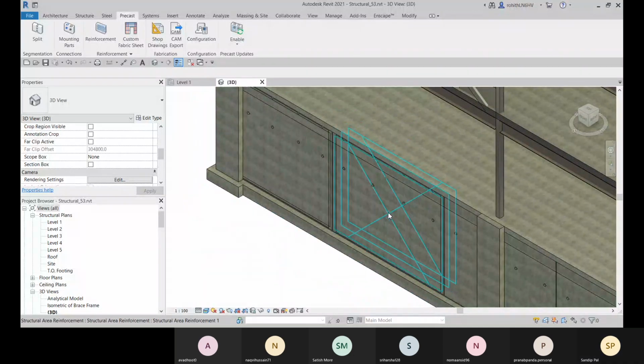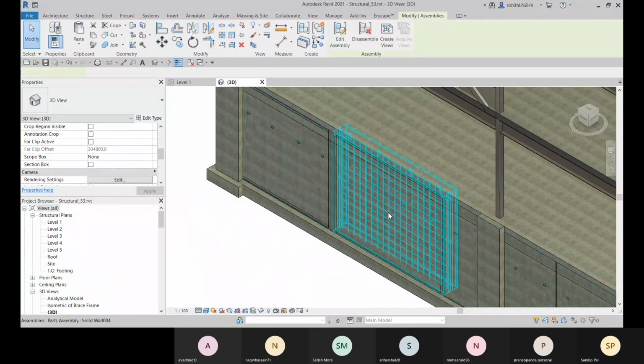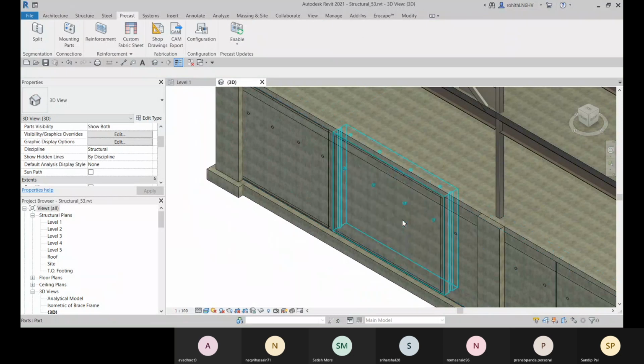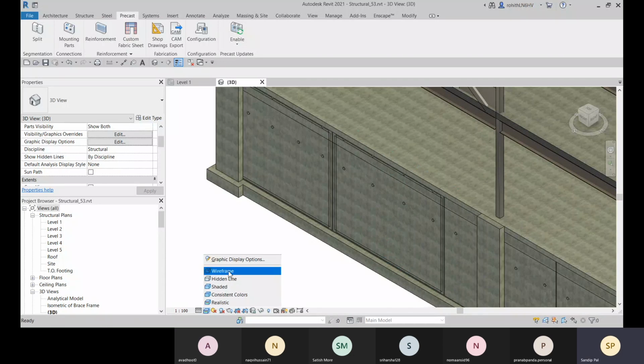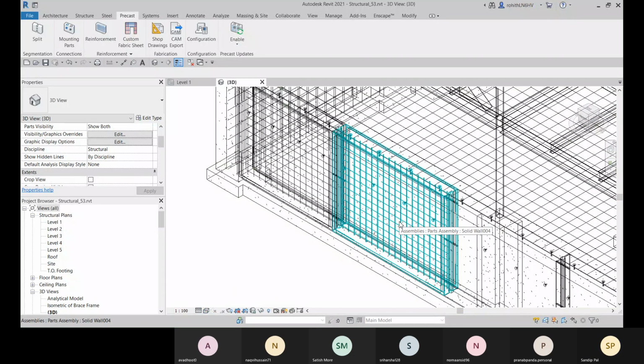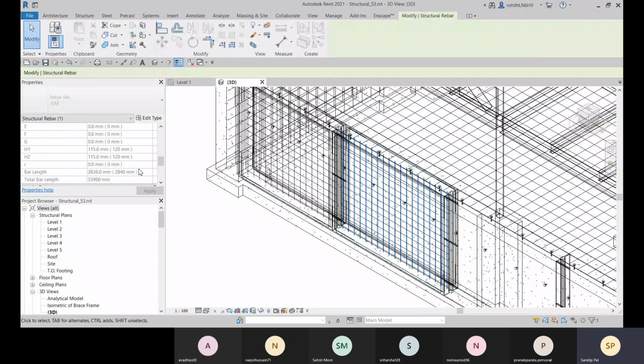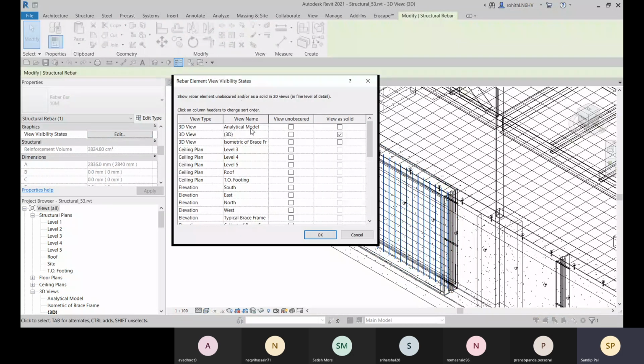Just a second. Let me go for the wireframe. Let me select this view visibility settings, view unobscured.